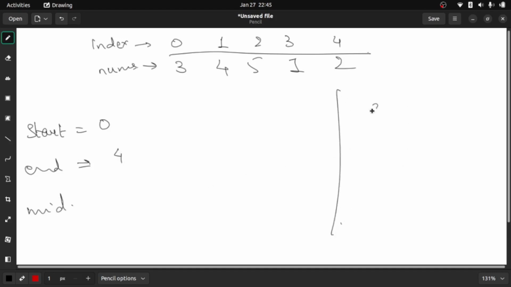For the mid value we have the formula start plus (end minus start) by 2. Many people do (end minus start) by 2, (end plus start) by 2, or (start plus end) by 2. It is up to you, but this is the most optimum solution, or formula. So what we'll do is check whatever mid value we get